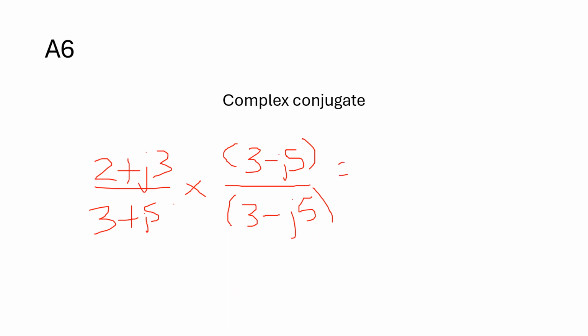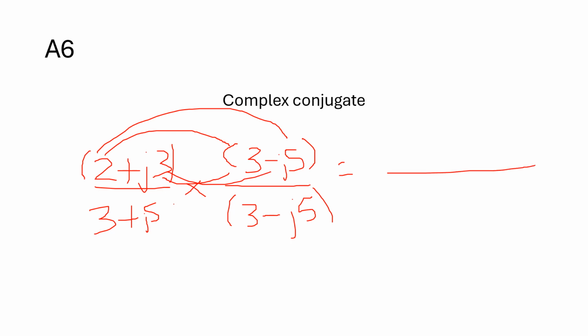So now when you solve, remember at the top you will be having something like this. That means your first number will multiply with the first and the second, and then the second one will do the same there. So at the top we'll be having 2 multiplied by 3, which is going to be how much? Which is going to be 6, and you say 2 multiplied by negative 5, which is going to be